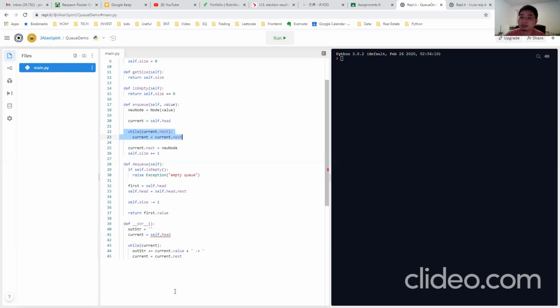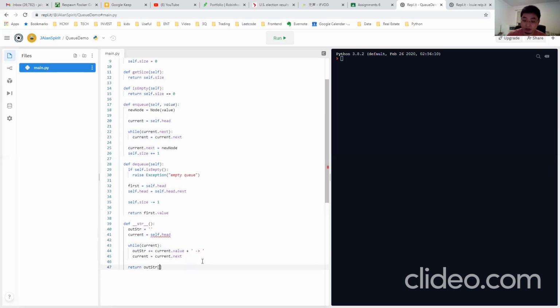Yes, correct. The first one, where I'm checking current.next, is because I want the while loop to stop at the last node. But here, if I'm checking the current without next, I'm also going to loop through the last node, until my current equals None. That's the difference.